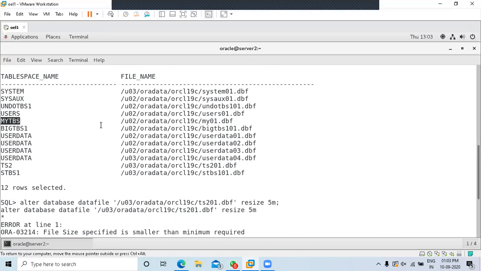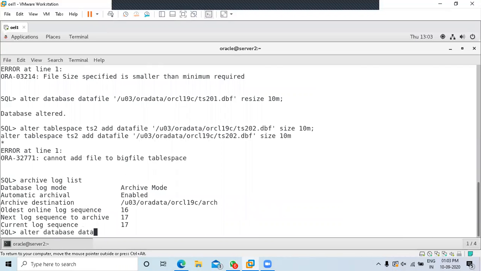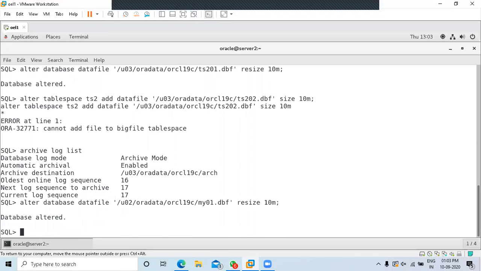Let's add to MYTBS. Already it has one data file. Let's resize that. Alter database datafile size 10M. Alter tablespace MYTBS add datafile /u02/oradata/ORCL19C/my02.dbf size 10M.